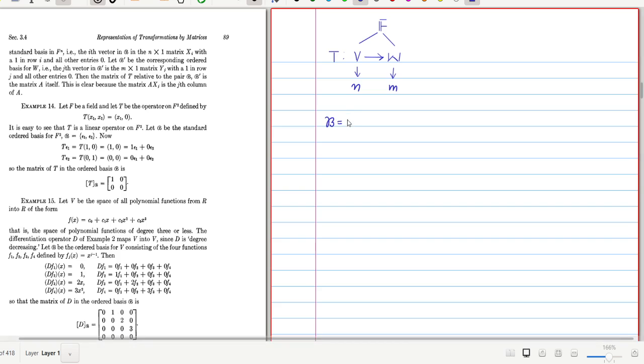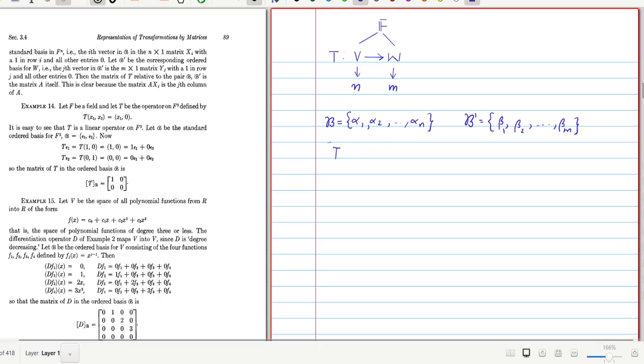Say B is the ordered basis of V, consisting of the vectors alpha 1, alpha 2, etc., alpha n, and B prime is the ordered basis of the vector space W, and it consists of vectors beta 1, beta 2, etc., beta m. So these are the two bases. Then how to represent T relative to the bases B and B prime, that is a